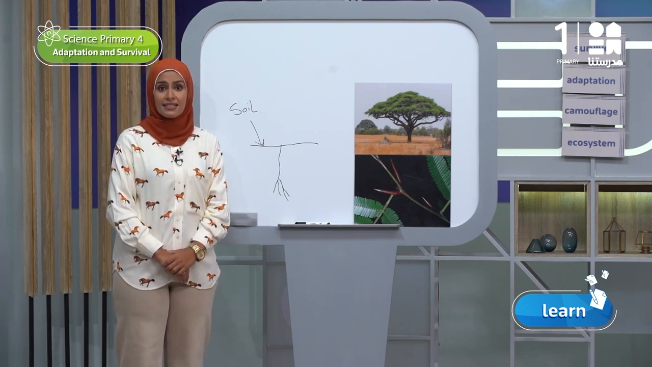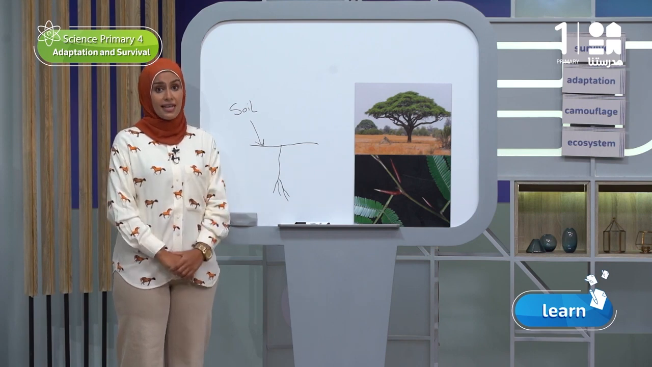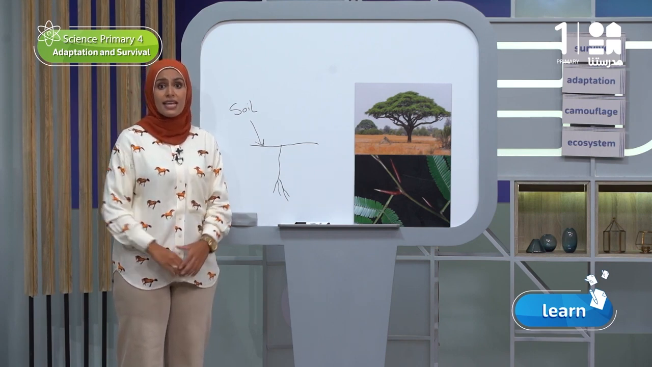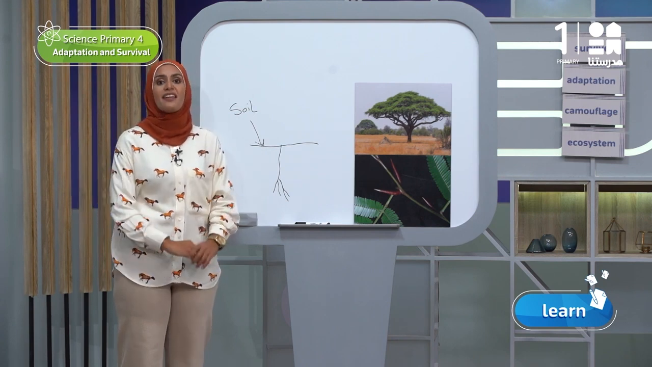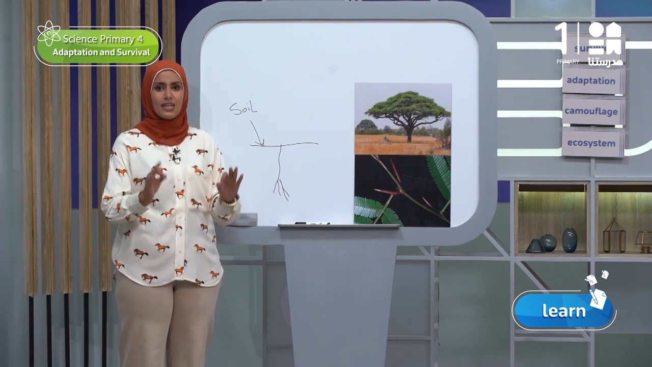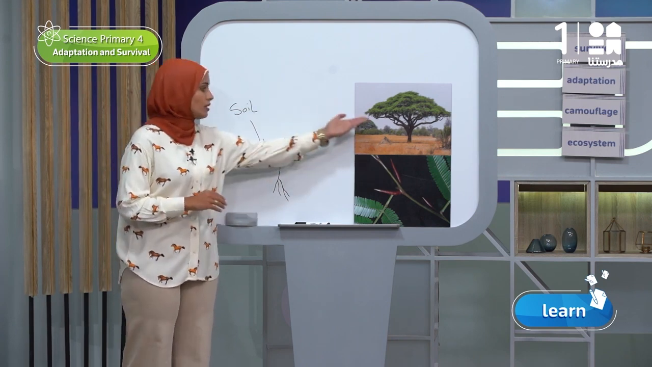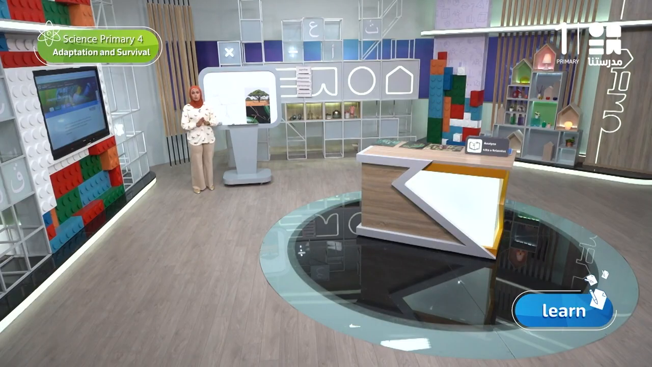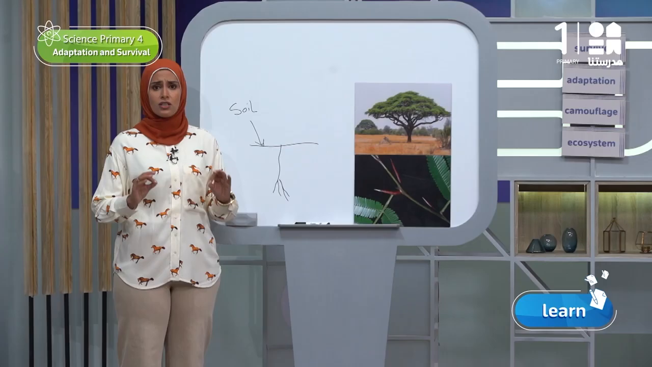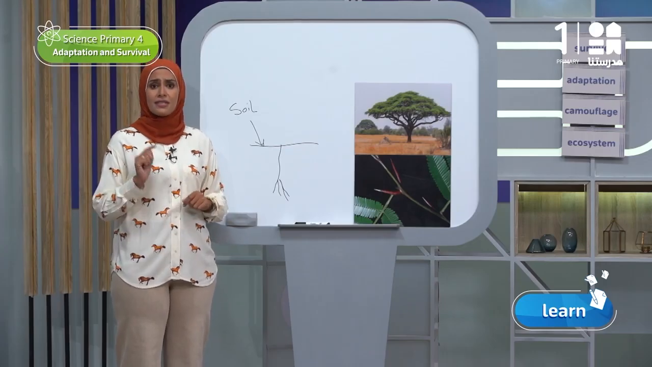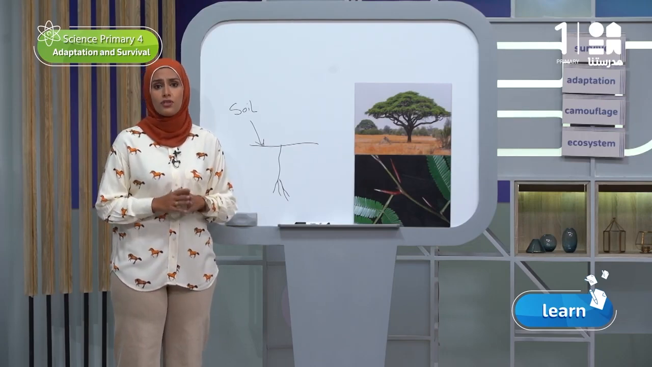Have you read in the text that the acacia tree is like a camel hump? Do you remember what a camel hump does? It helps camels store water and fat. This is exactly what an acacia tree trunk does. It stores water. This means each part of the acacia structure helps it to endure the lack of water and